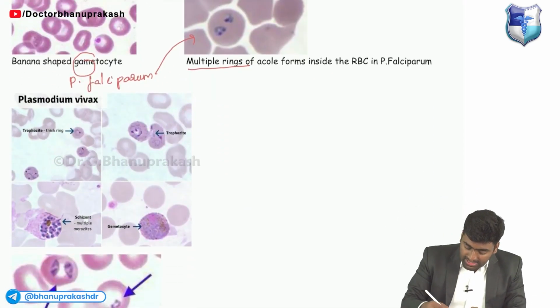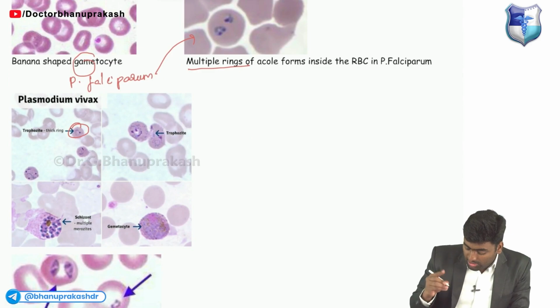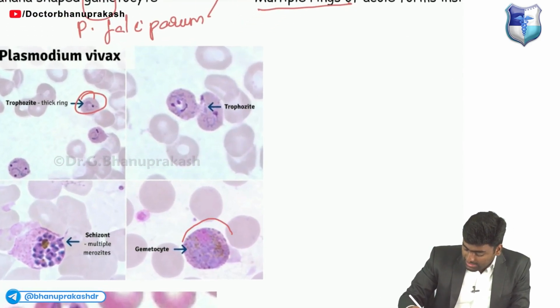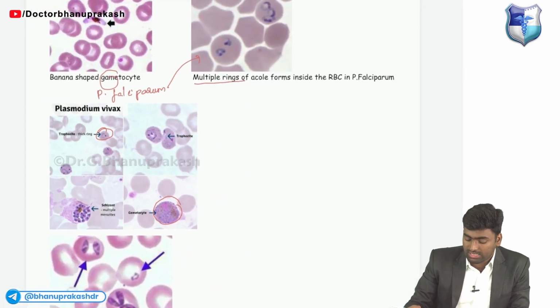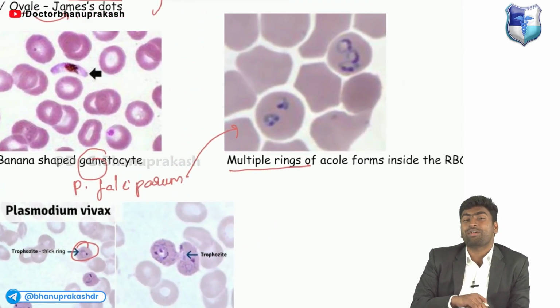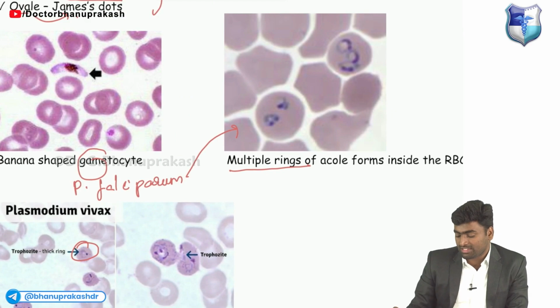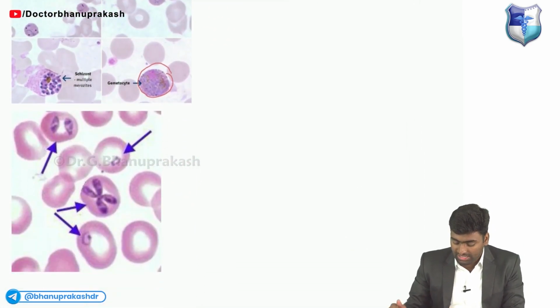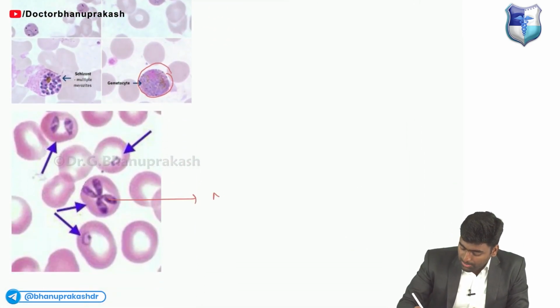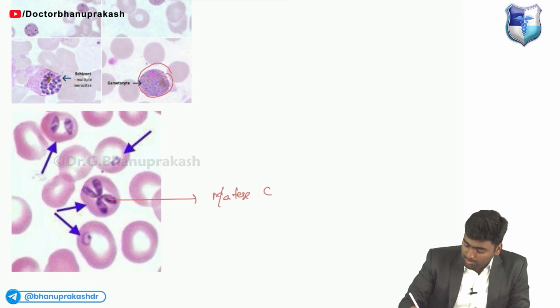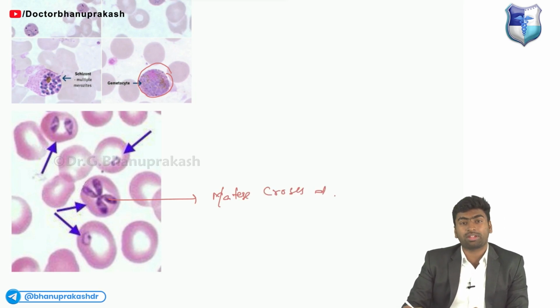And in the case of P. vivax, it is not multiple rings, it is only one ring. Here you can see this kind of diffused gametocytes, whereas in the case of Plasmodium falciparum you will see this banana shaped gametocyte. And finally, if you are able to see this type of Maltese cross appearance,